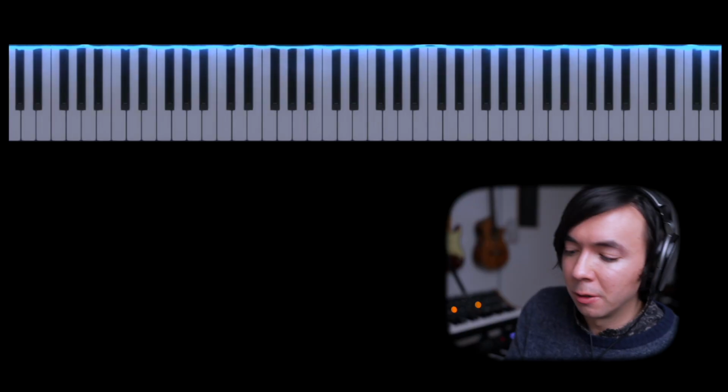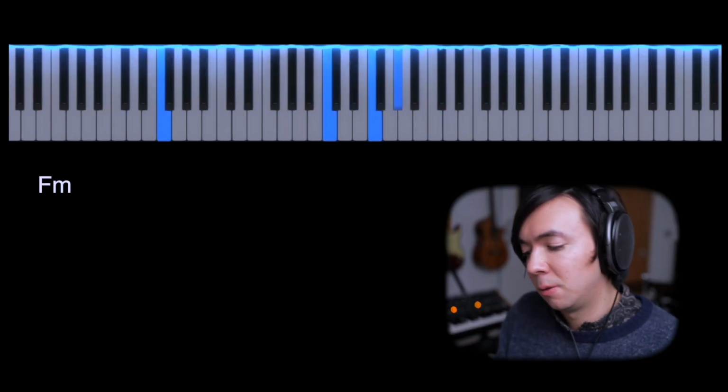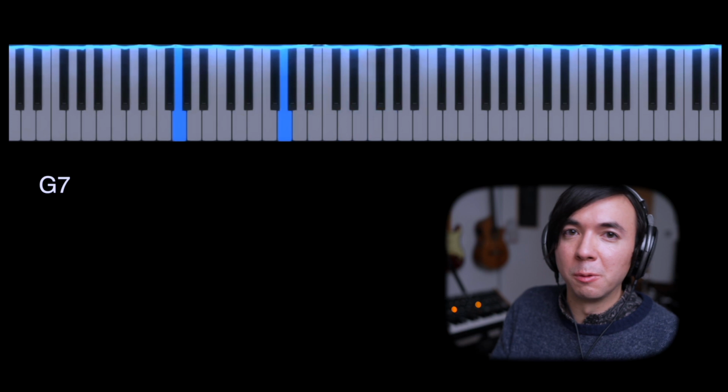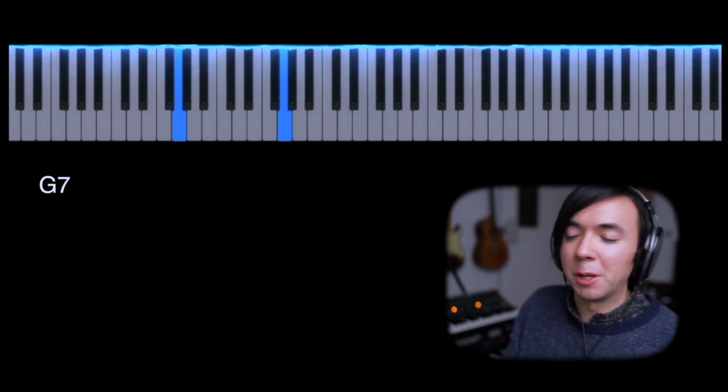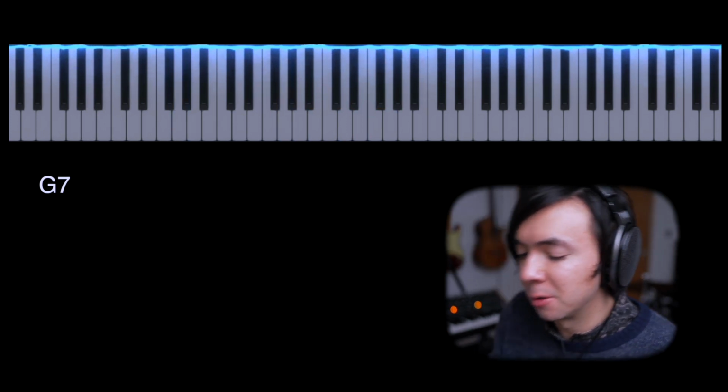Alternatively, you could use parallel sequences to your advantage if you want to create that kind of clash and that kind of tension. For example, in C minor, if we go to the dominant chord and we want to create some tension before resolving back to C, then we could use a parallel sequence to do that.